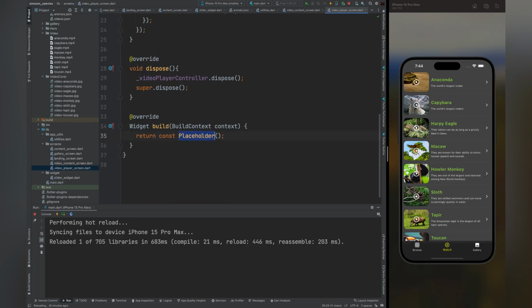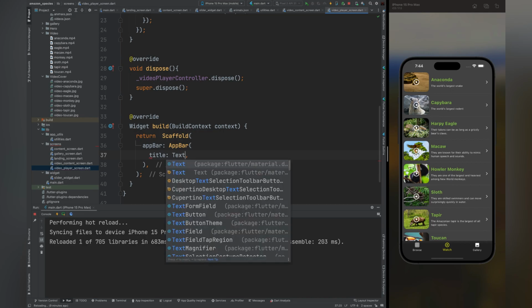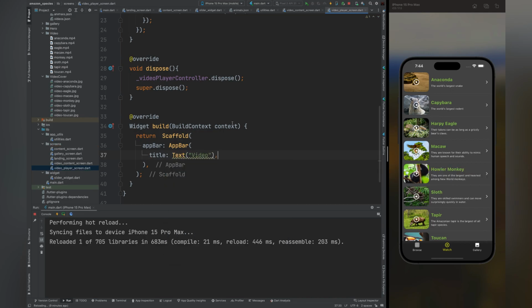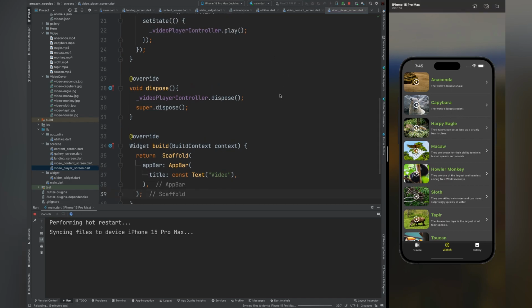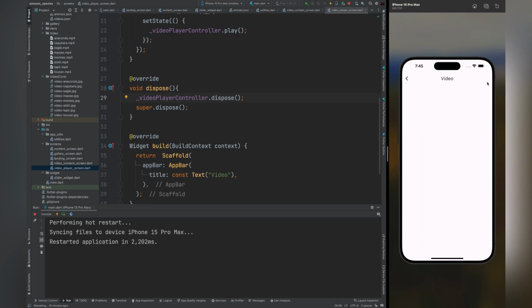So now our video player screen, we will use the scaffold at the top, and in the app bar we will use a title widget. So here in the title we will provide the text video. So now if we restart our application to make the changes, and now if we go back to our watch tab and click on any item, we will move to a new screen, and here the app bar contains the